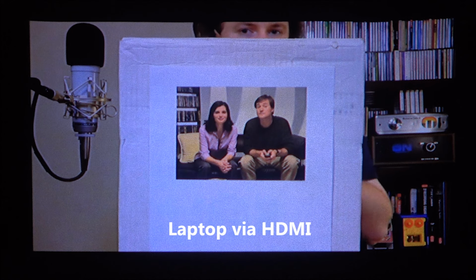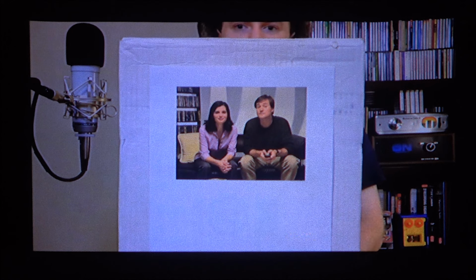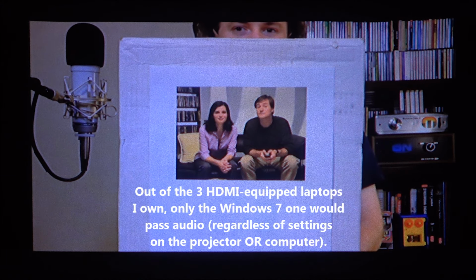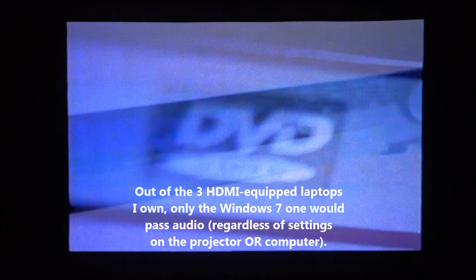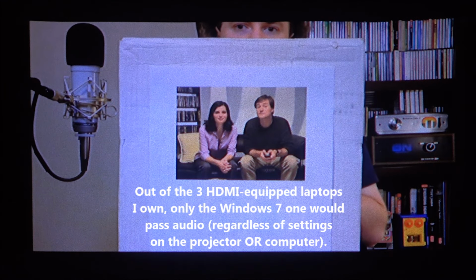I'm talking about the still ongoing, still popular digital versatile disc, or DVD. This is DVD. So to celebrate, I've got